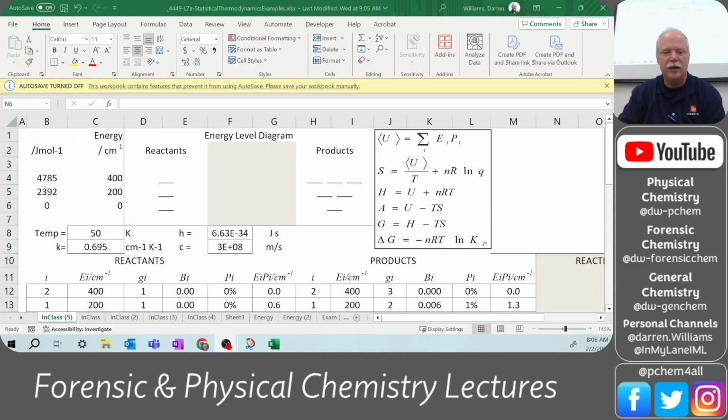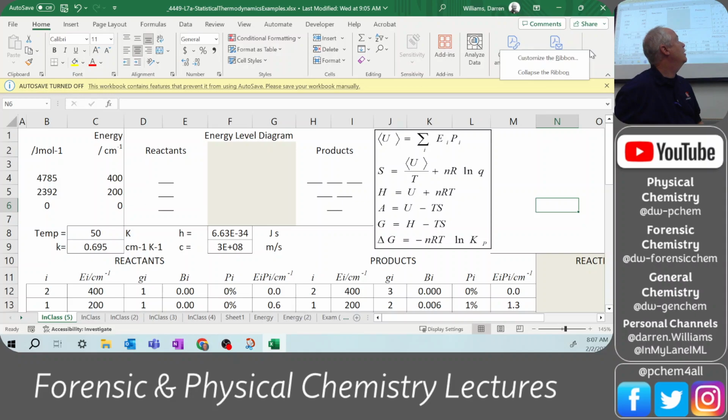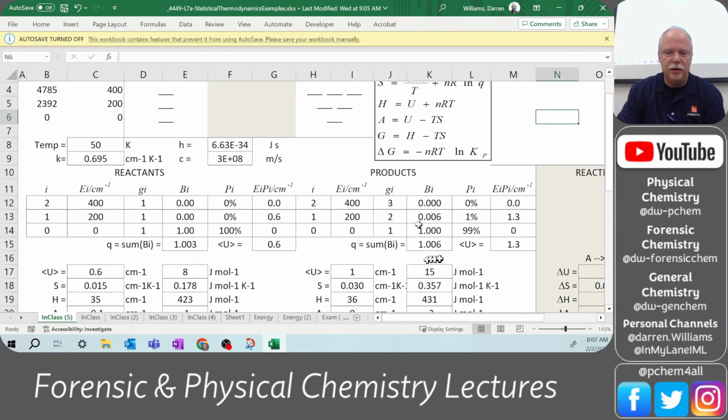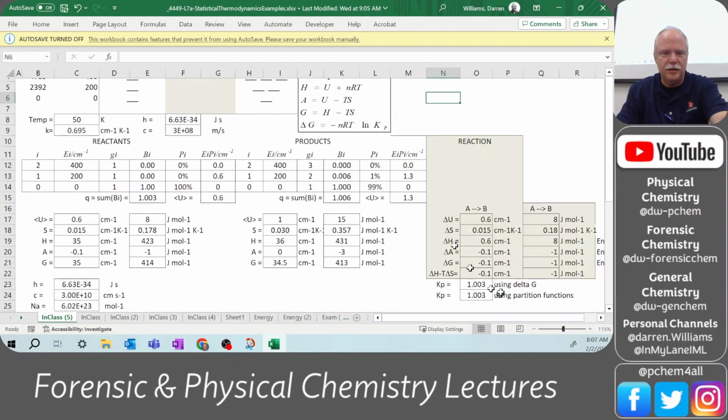While you're doing that, I thought I'd play around with this. This is the energy level diagram that we had. Let me go over here and shrink that ribbon down. I thought it would be fun to play around with the temperature dependence of our equilibrium system. So here we see at room temperature,